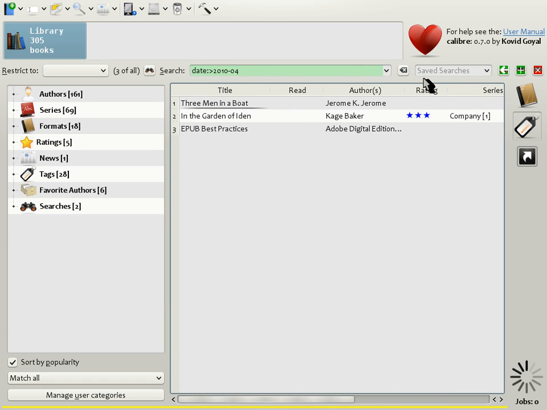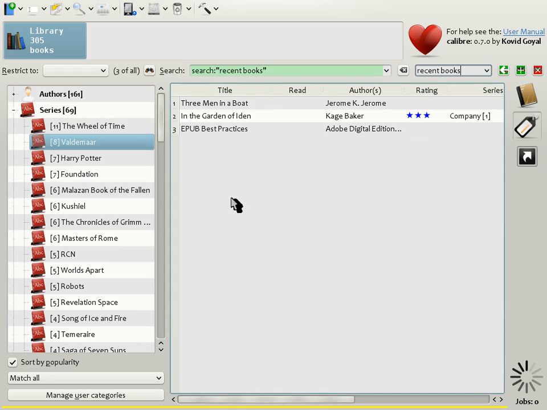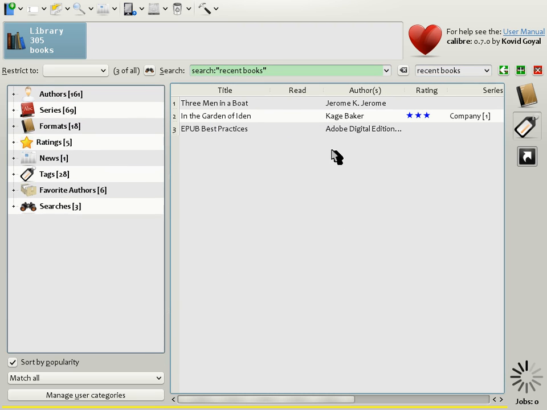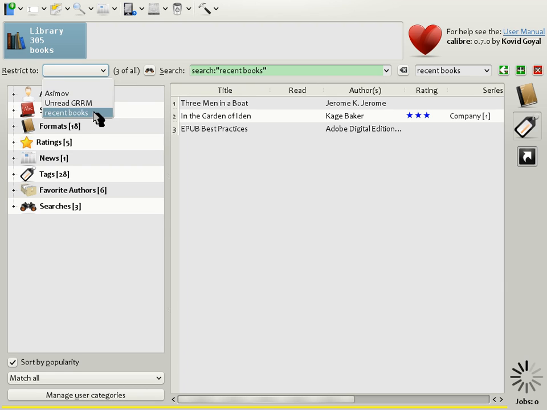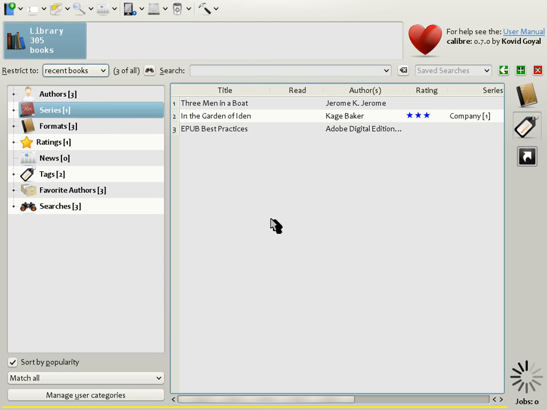The next step is to save this search, so let's save it to Recent Books. And there we have a search Recent Books. We can now restrict Calibre to this set of books by using the Restrict To box here and choose Recent Books. And you see that Calibre has been restricted to this set of 3 books, even though the search field